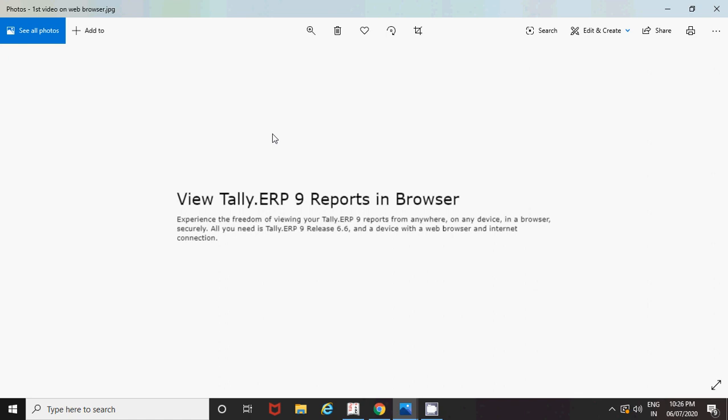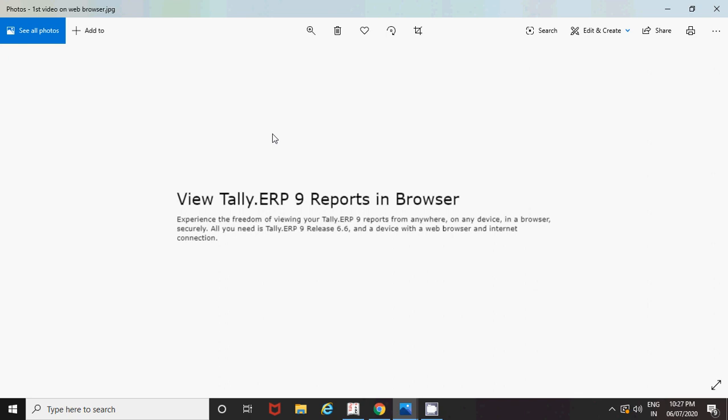Today I would like to talk on a topic on the latest updates of Tally, that is release 6.6.2, which they have come up with, where you can access reports of different menus of Tally on the web browser itself. Yes, you're listening correctly. You can access reports from anywhere, any machine. Make sure you just have internet connectivity, even on your mobile, even on your system. Just a matter of going to tallysolutions.com.